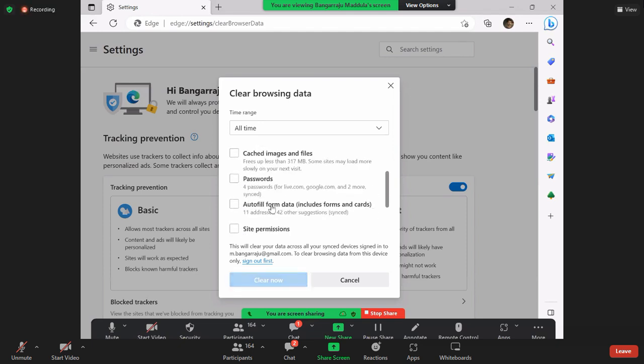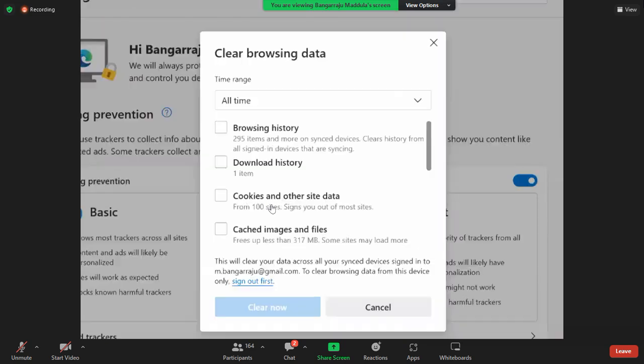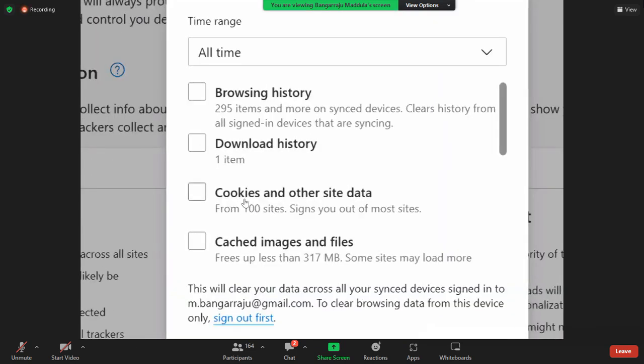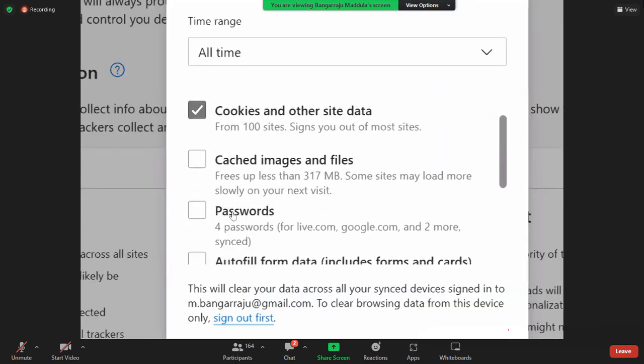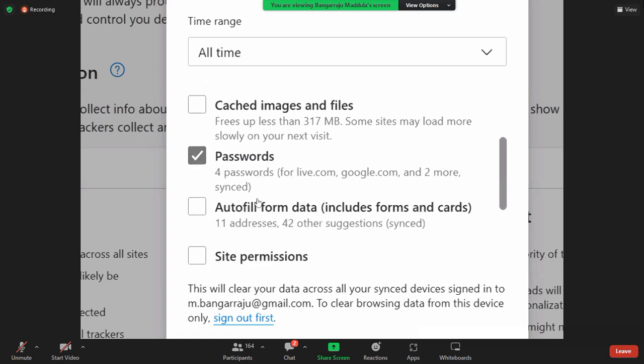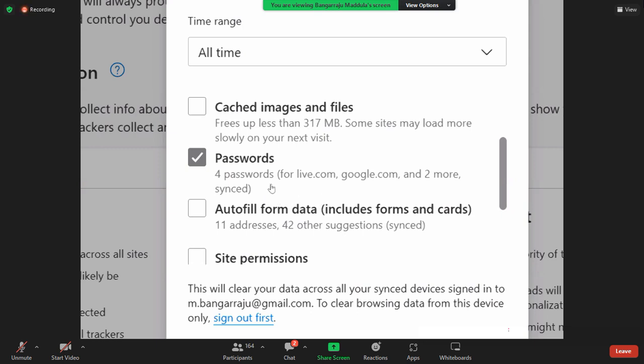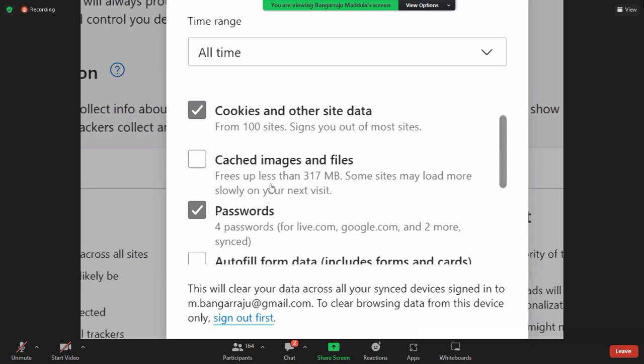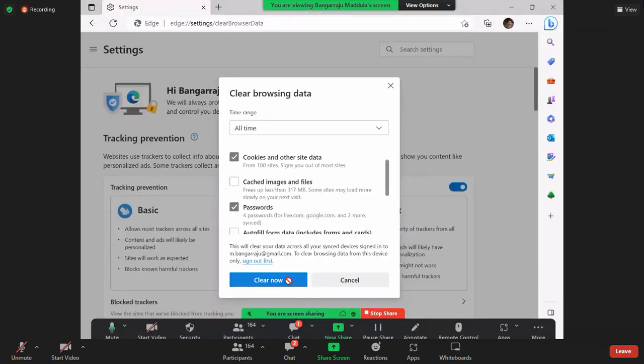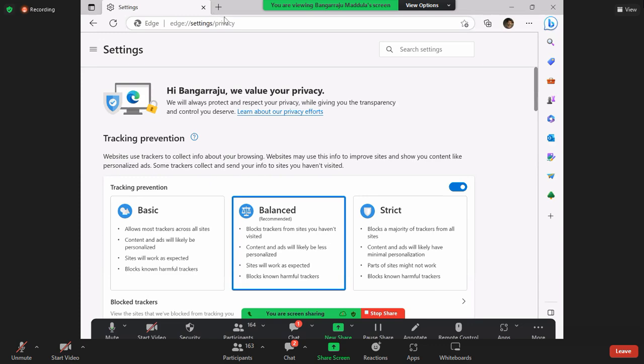Let me uncheck all this and delete the cookies. These passwords are also stored in the form of cookies only. Live.com, Google.com, all these passwords are saved on the computer. I'm just going to select this too and click on the clear now button.